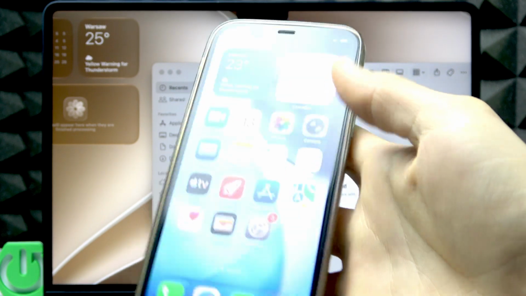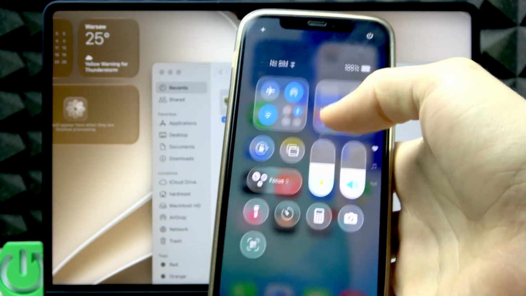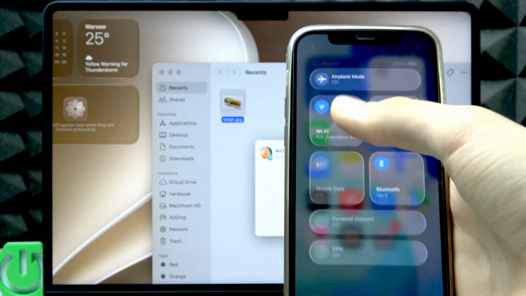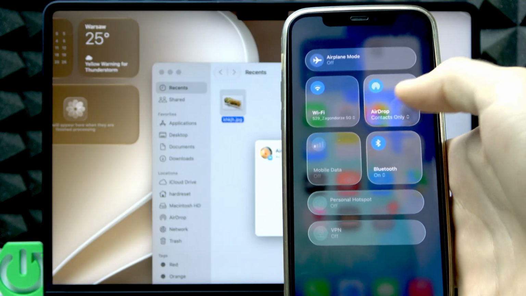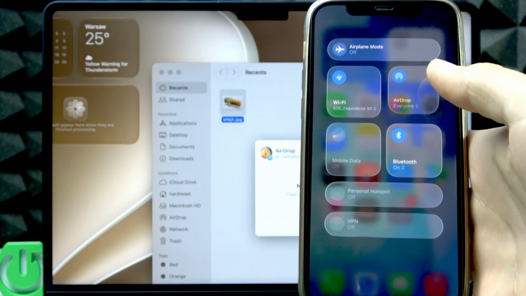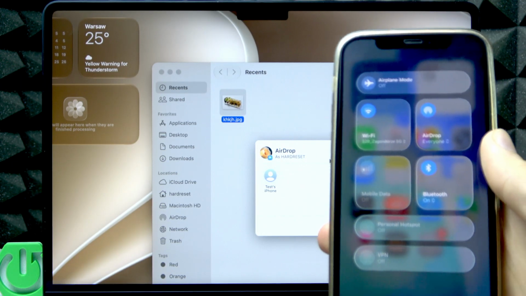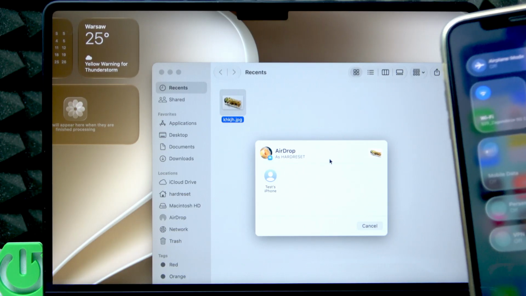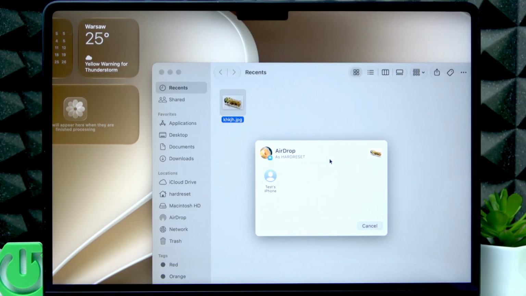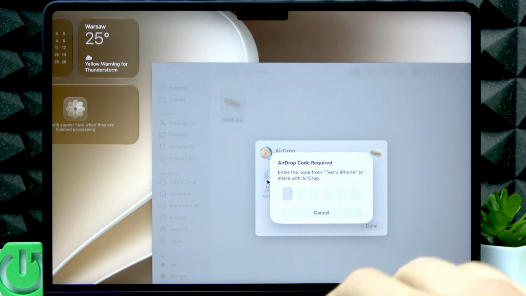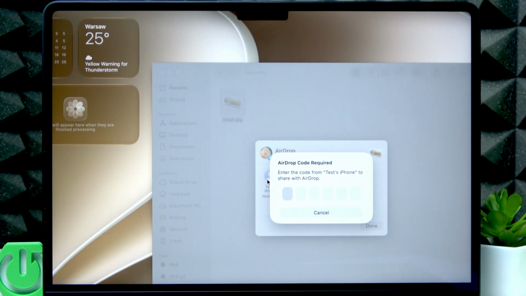Enable AirDrop on it by swiping down the control center, going to AirDrop and switching its status to everyone for 5 minutes, or contacts only if the iPhone is your contact. And after that, you have to select your iPhone right here on the MacBook, confirm the connection,